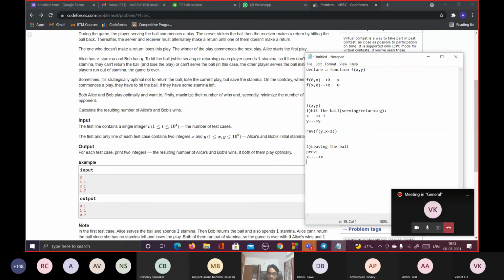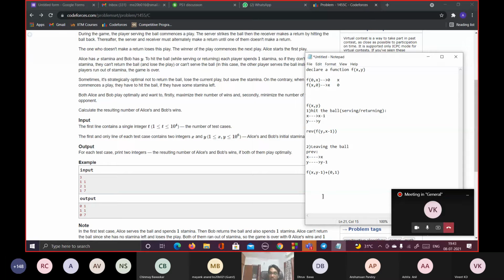What happened was x was the same as x, but y had become y minus 1 in this particular course of play. So you could say in one way that this function can be related by f of x comma y minus 1, which is the previous case when the ball is being hit by the opponent and his stamina is being decreased, but plus 0 comma 1.